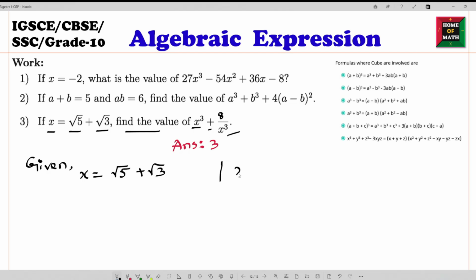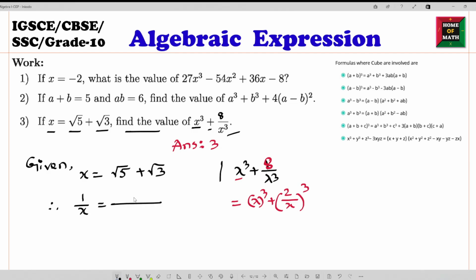Look, here is x cube plus 1 by x cube. So we know the value of x, but we don't know the value of 1 by x. Therefore, we have to find out the value of 1 by x, right? But actually it's not 1 by x, it's 8 by x cube. It means here is x cube plus 2 divided by x, to the power cube. 2 cube means 8. So we have to find the value of 2 by x. So for 2 by x, first we have to find 1 by x,